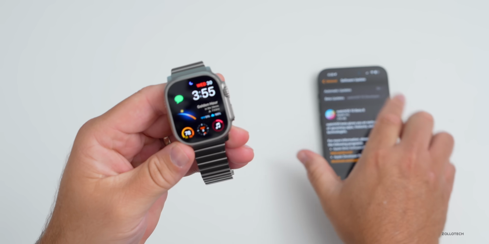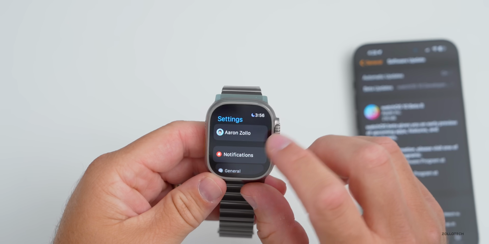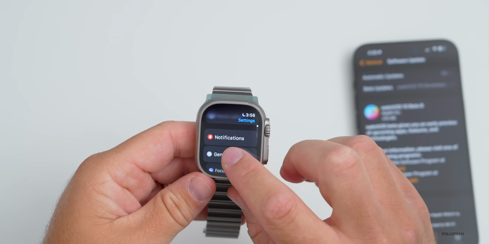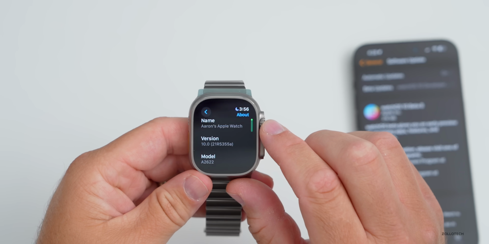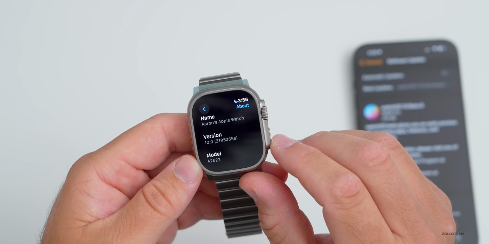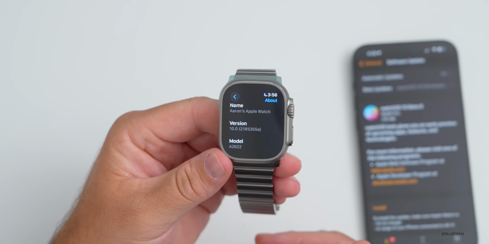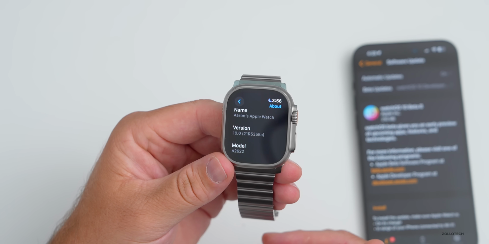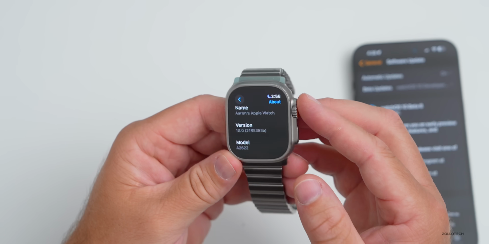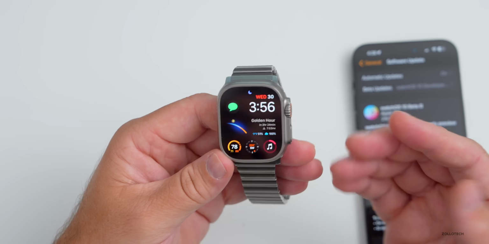Now, if we go into our settings on our Apple Watch, let's take a look at the build number. If we go into settings, then General, then About, you'll see the version is 10.0 and the build number is 21R5355A. We should be getting very close to a final release, and again, we'll talk about that in just a moment. So this particular build is of course going to fix a bunch of things, add refinement, and the new